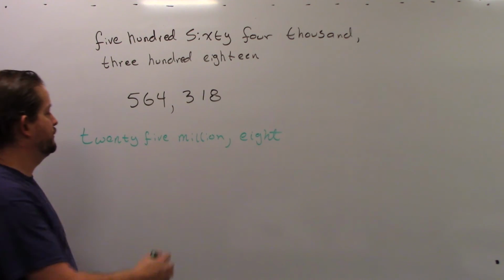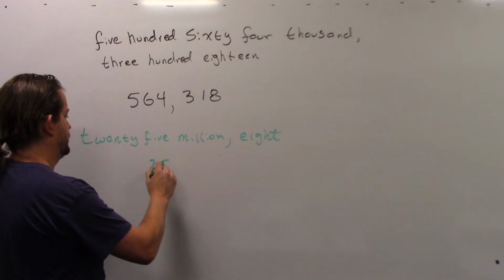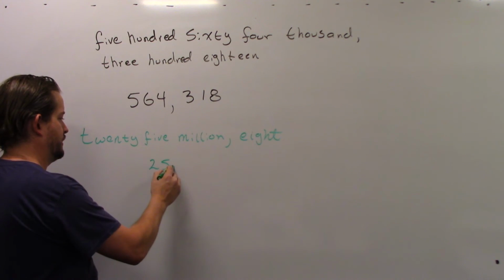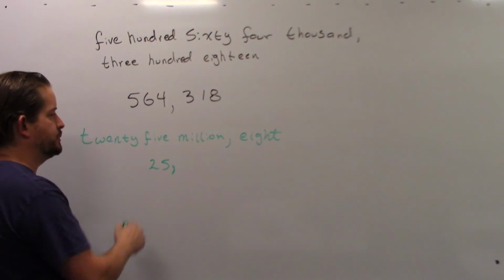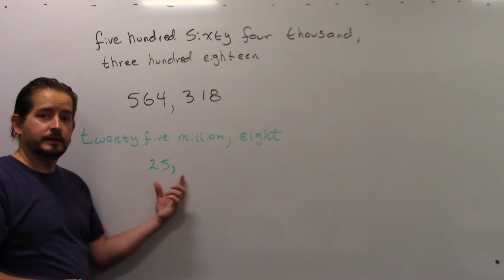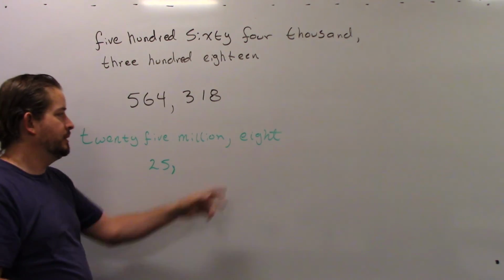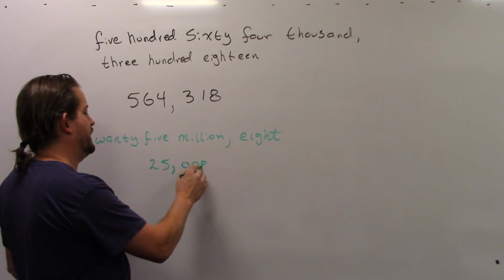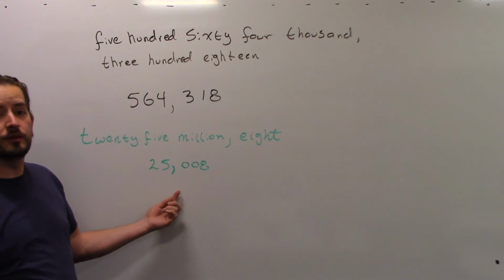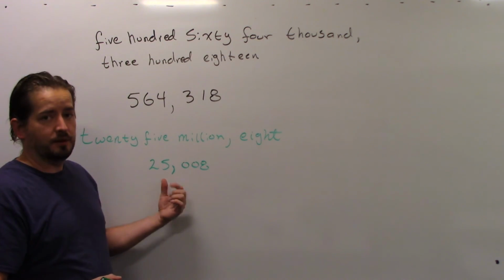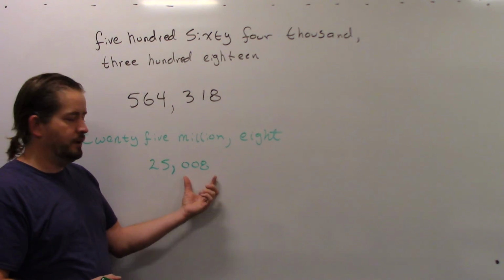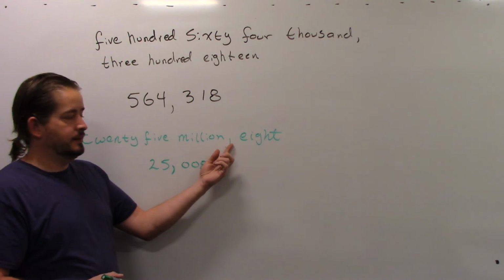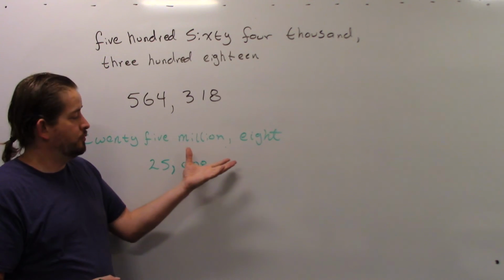Well, I know that I have 25 million. So 25 is my number inside the millions period. I know since it's in the millions that I have a bunch more digits to come. The next one is just an 8. So don't come in here and just throw an 8 and call it good, because this is not 25 million 8. This is 25,008. There's a whole period here that is not listed in the word form,